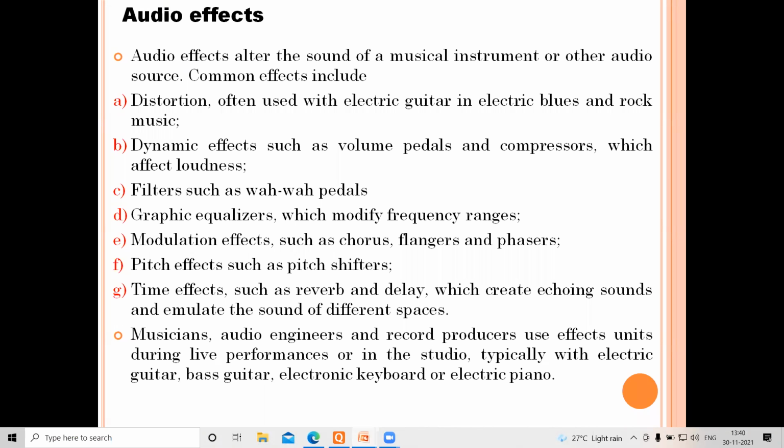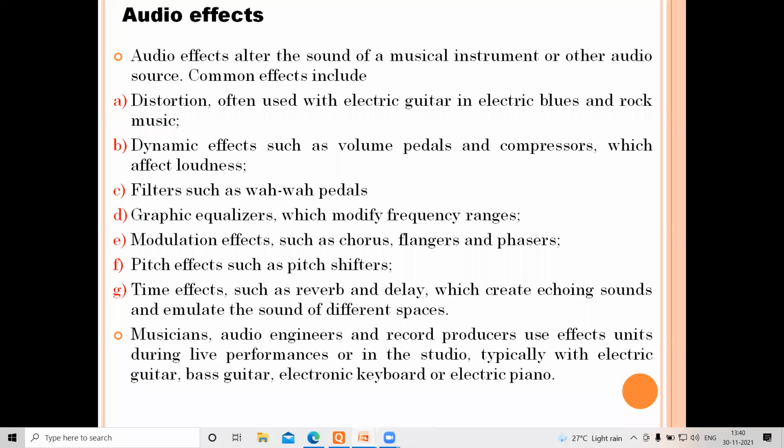Then you have pitch effects, as I said a while back, such as pitch shifters. You want to shift it. Right now, I'm talking slowly. Probably you want to increase my pitch, at your level, probably you enhance it. However, for all these provisions, for all these effects, you have your DSP that comes into picture.